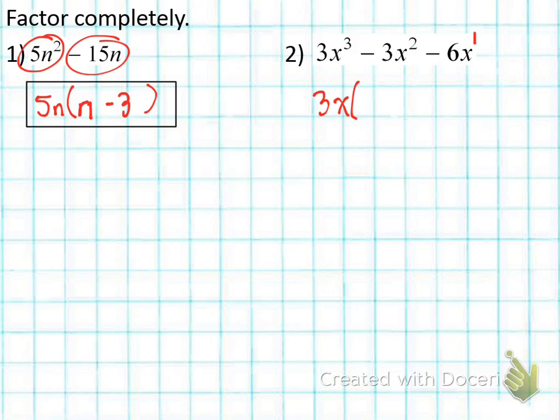So now we're going to factor and rewrite our trinomial. 3x times x squared is equal to 3x cubed. 3x times negative x is equal to negative 3x squared. And 3x times negative 2 is equal to negative 6x, okay? So I just factored out the GCF, leaving a trinomial, okay? That's the first step, GCF. Now I have a trinomial, and if I look at my trinomial,